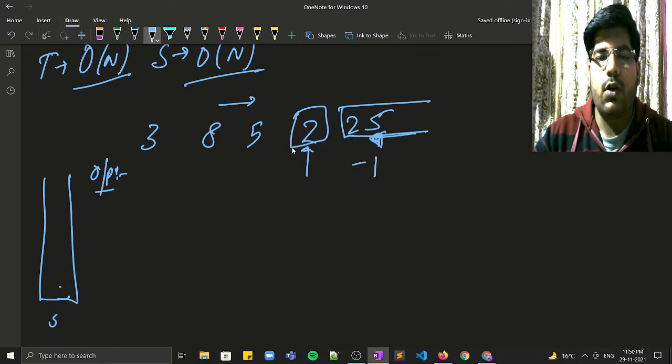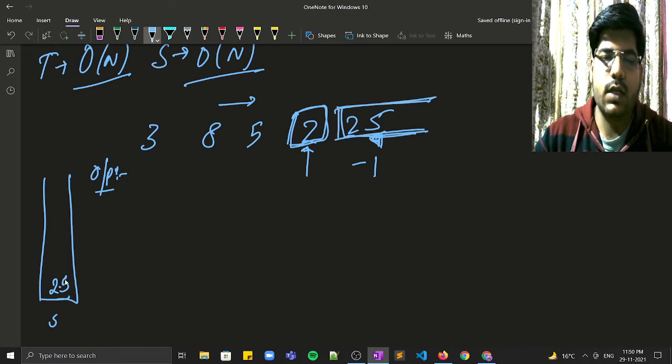The stack was empty, so it is pushed simply. Now we come to 2, and here the ith element is smaller than 25, so we pop it out and push this element, right?